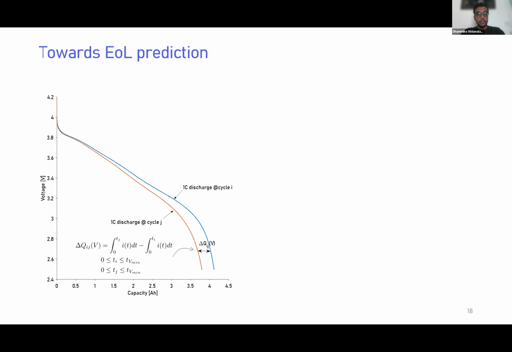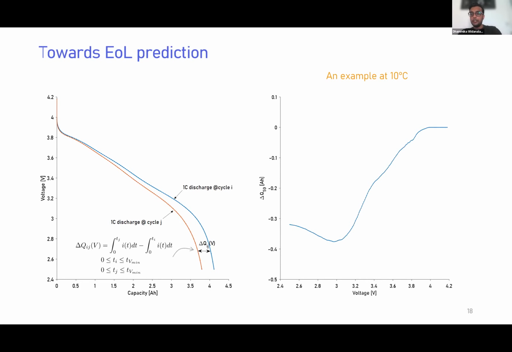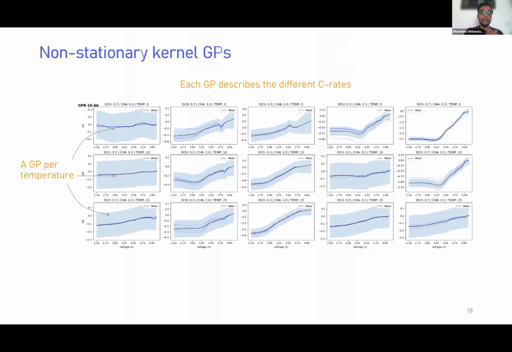So to get these features, the battery needs to be discharged fully so that you can compute these functions. And once you do get it, it'll look something like this. It's not a very common function that we might be familiar with, compared to EIS, for example. But nonetheless, it's got this very interesting feature once you do calculate it. And in their work, they've looked at the variance of this entire characteristic and demonstrated that there's a linear relationship between that and the end of life. But over here, we were interested in trying to model this curve before taking any variance, and we looked into Gaussian processes as an option.